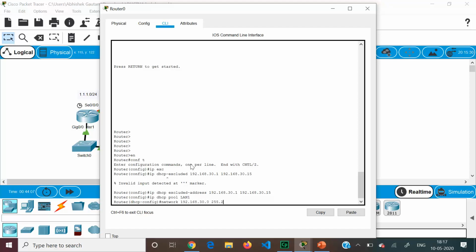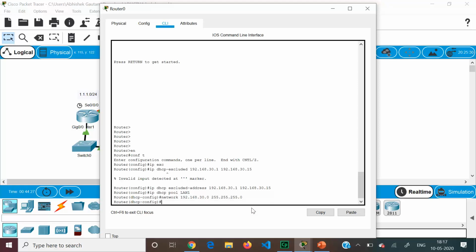Subnet mask defines the number of addresses that we are going to have in our network. So it is 255.255.255.0. So we can have 2 to the power 8 minus 2 devices, n devices, which we can configure. So one we have already given, and the remaining till 15 we are excluding, the remaining can be assigned.